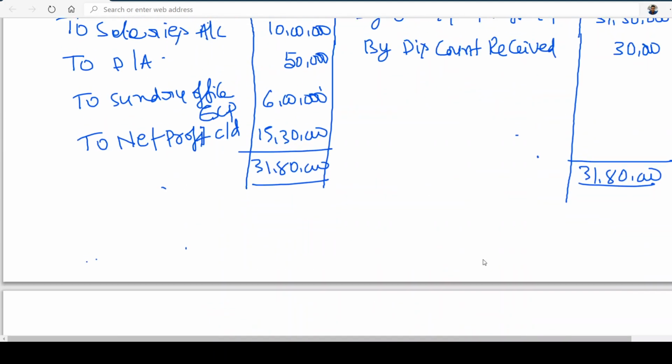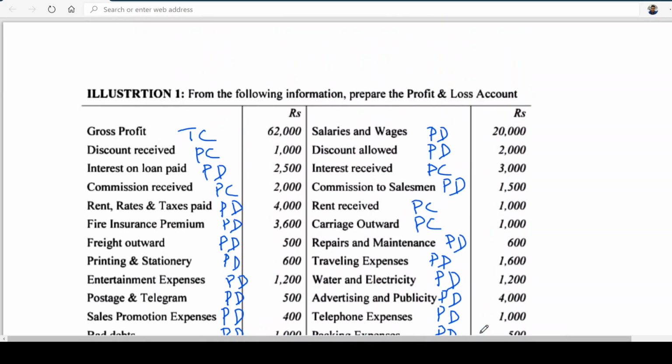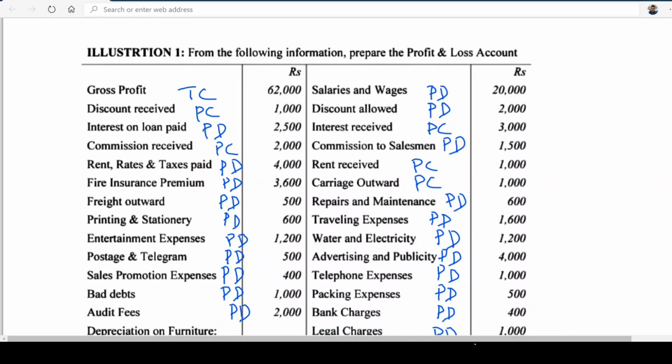Can you try this problem tomorrow? Tomorrow I will give you the answer for this, so you can cross-check. Let me tell you clearly: from tomorrow onwards, we go for the balance sheet. After looking at this, we discuss one or two problems on the balance sheet. Then we will go for adjustments; 1.5 or 2 hours of class is needed for explaining the adjustments. Then we will move into final accounts problems, and after that, the manufacturing entity.